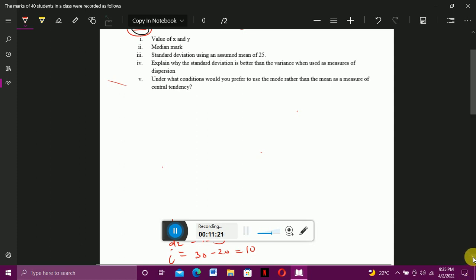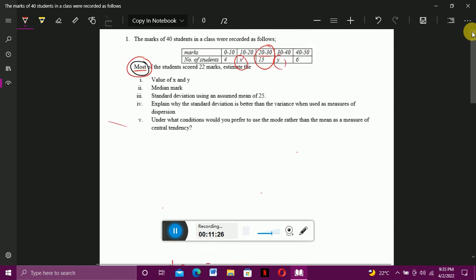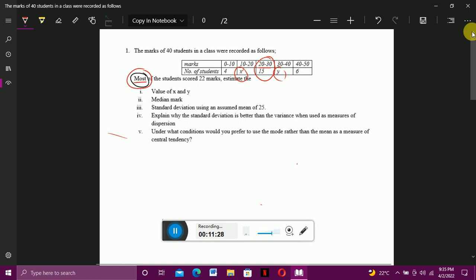So for us to work out the median, we need to write our table. Our table has the class, the frequency, and the cumulative frequency. So we have 0 to 10, 10 to 20, 20 to 30, 30 to 40, and 40 to 50. The frequencies are 4,